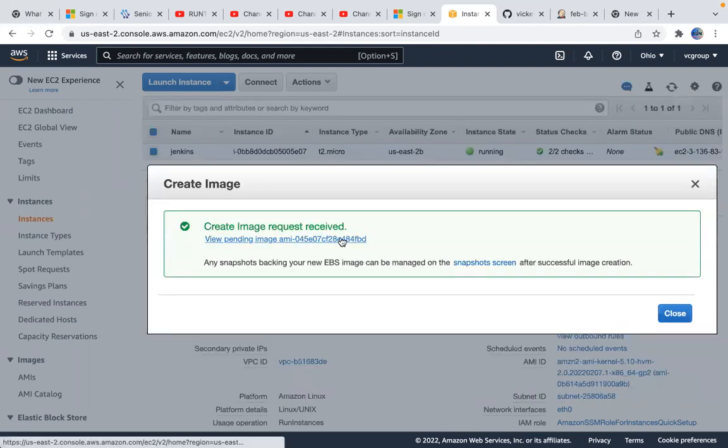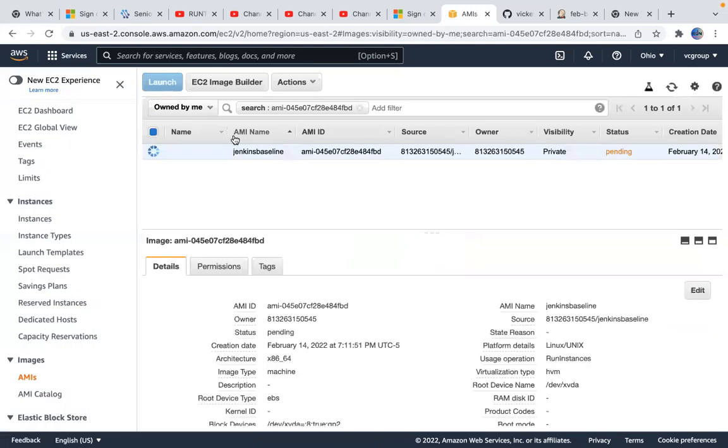This is the AMI ID. AMI is nothing but Amazon Machine Image, which starts with ami. Instance ID will start with i. Snapshot ID will start with snap. Volume ID will start with vol. Once the backup is ready,